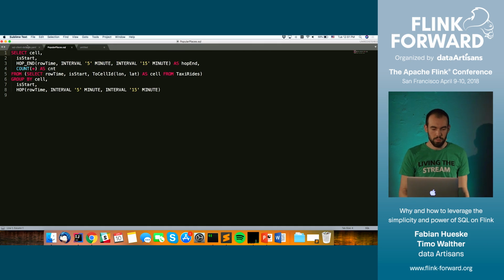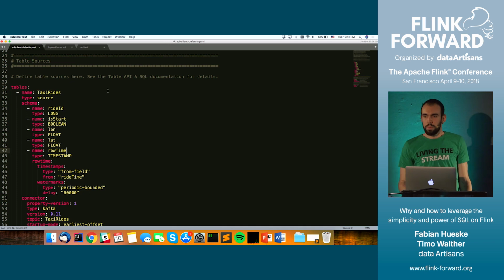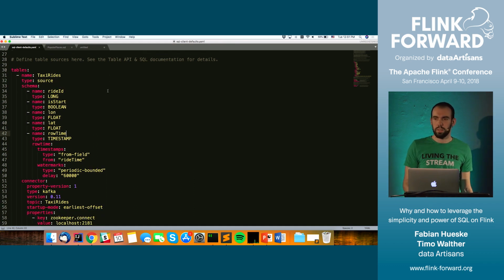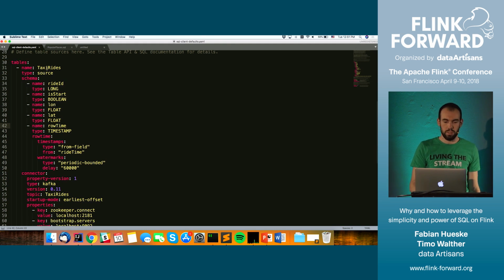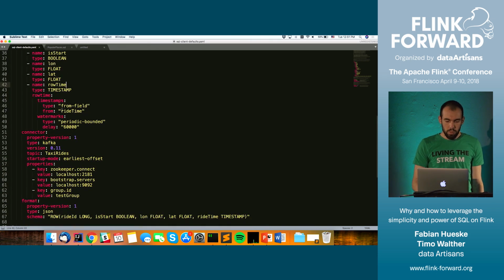What we are doing now is we have a YAML file, a so-called environment file, with which the SQL client can be configured. You can provide some default environment file. You can also have per-session environment files, where you can define the table sources and things you want to use. In this case, we have a taxi ride source. We define the schema, how the watermarking and timestamp conversion is happening,